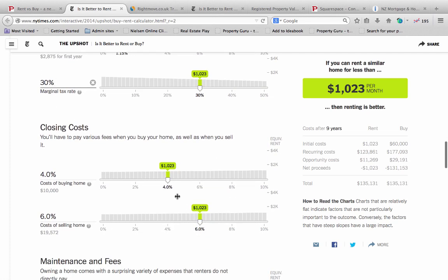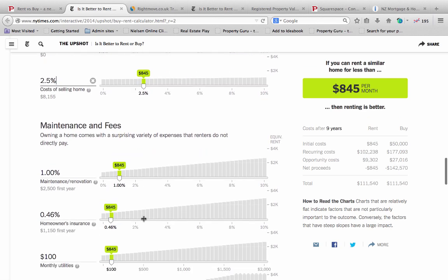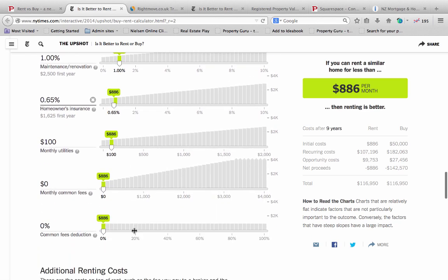Now, closing costs, there are no costs to buy a home, so in New Zealand, 0. Cost of selling a home, fortunately we don't pay 6%. Let's put it down to about 2.5%, more realistic. Maintenance and fees, $2,500 for the first year in maintenance. A reasonable amount. Home insurance, given the new rebuild requirement, I might just stick that up a little bit there at about 1,600. Monthly utility 100,